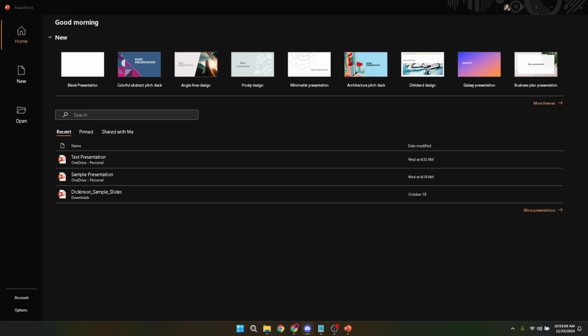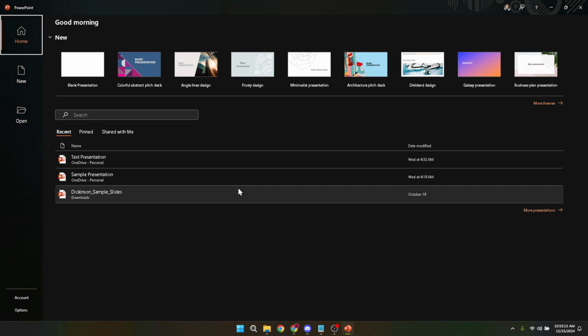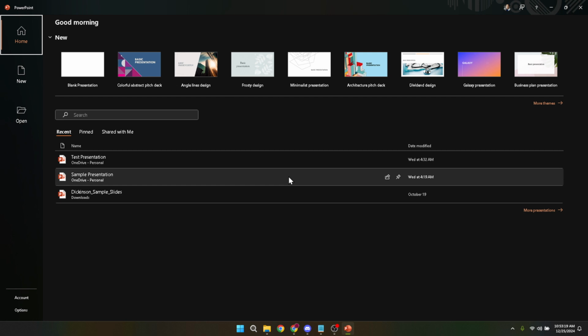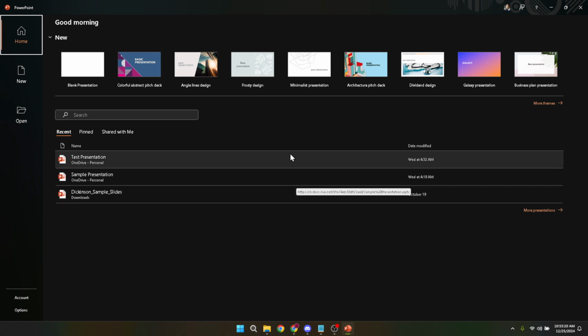First, let's focus on launching PowerPoint on your computer. No matter what operating system you're using, the process begins with a simple step: pressing a key on your keyboard. If you're working on a Windows machine, you're going to want to press the Windows key. It's the one with the iconic Windows logo on it, usually found on the lower left side of your keyboard. On the other hand, if you're using a Mac, look for the Command key. It might just be marked with its unique symbol, but you'll find it positioned on either side of the space